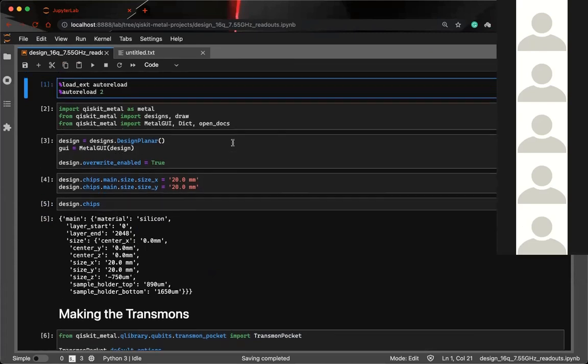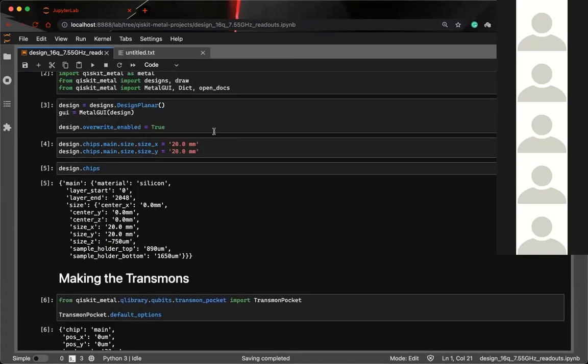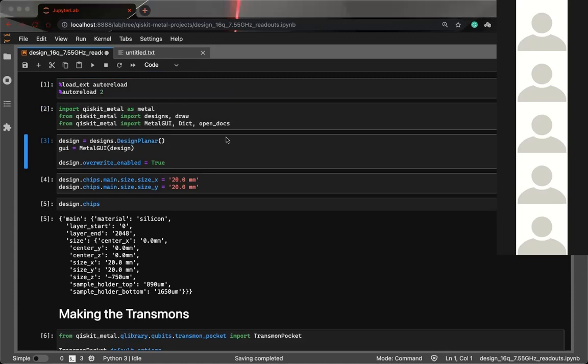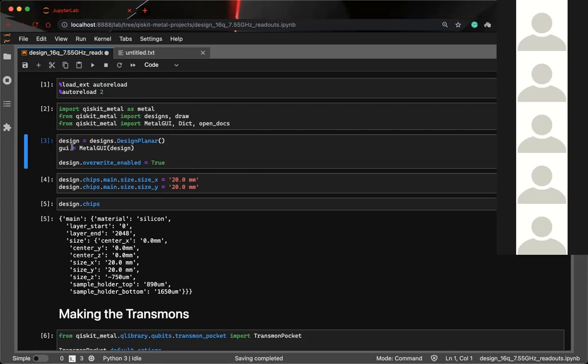There are various parameters that I'll be talking about, so let's execute these cells one by one. First, importing Metal and some essential things from Metal. Here you can see I'm initializing a design, which is the base class, the QDesign class, and then I can import design planar, which is a 2D design as we discussed.